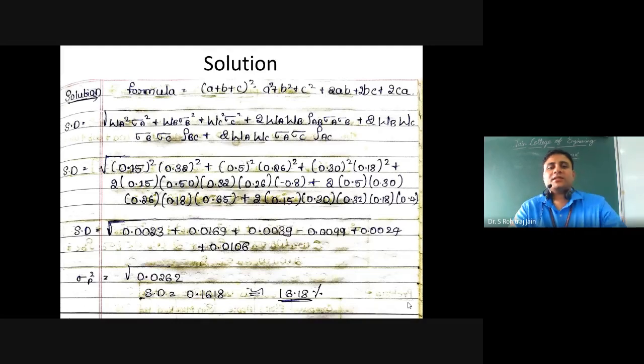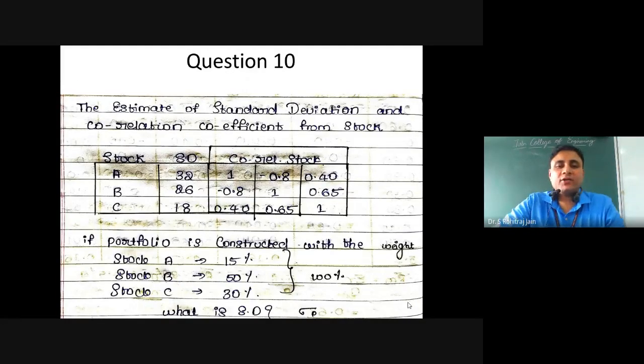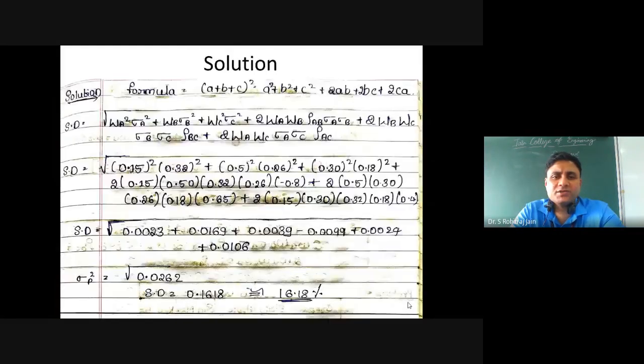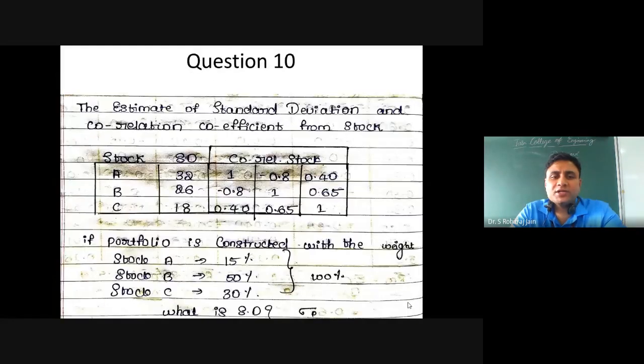coefficient of AB. See, students, it's a matrix that they have given. You should be very careful. What is the correlation coefficient of A and B? What they have given is minus 0.8, right? See the matrix over there, A, B. You have to see horizontal and vertical. A, B is minus 0.8 and minus 0.8, okay?